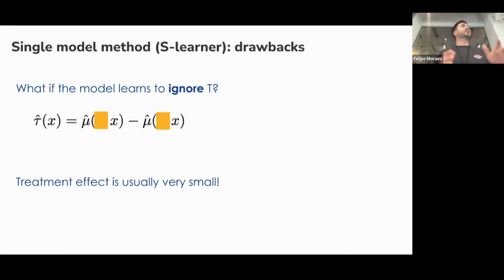Let's say 90% of your data is from one treatment and 10% from another, but the treatment you're going to give is very effective, then you're going to find this effect in the model. Whereas with the T-learner, you don't have to care about that. If you have balanced data, and both models are able to learn their complexities, the effect is going to be detected by the T-learner, right?